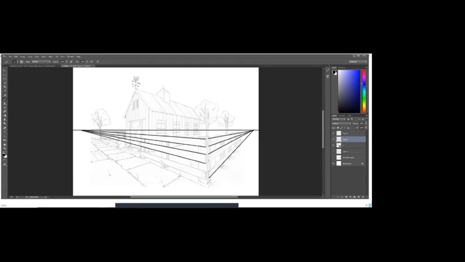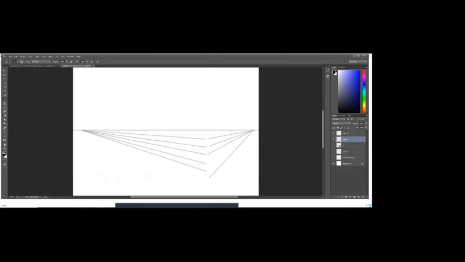Okay. You can see this. We have 2 vanishing points. Sorry. We have to adjust a little bit. Anyways, so now if I reduce the amount of the opacity, we can see we have 2 vanishing points. One is here, the other one is here. When you get the second vanishing point,